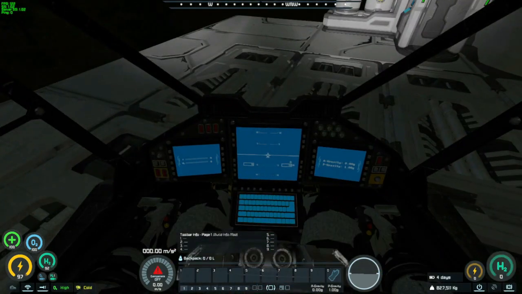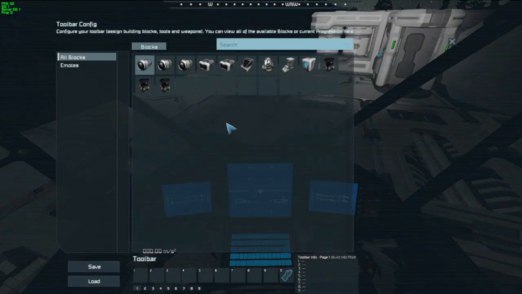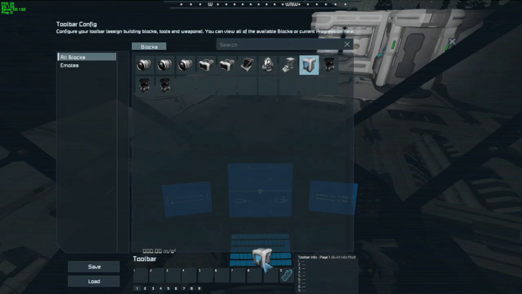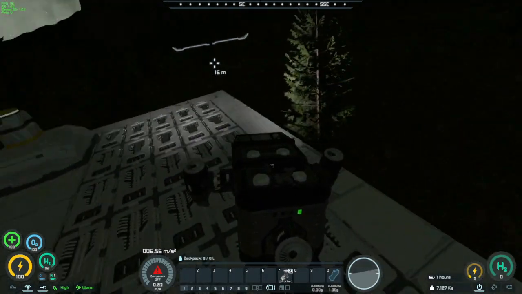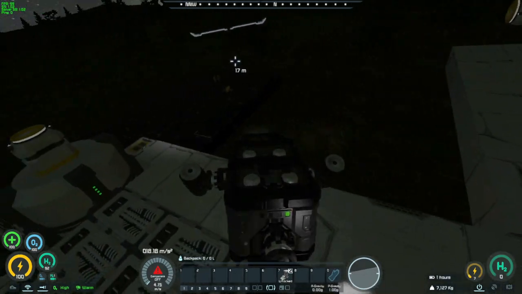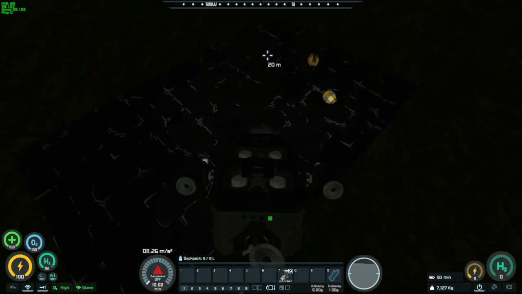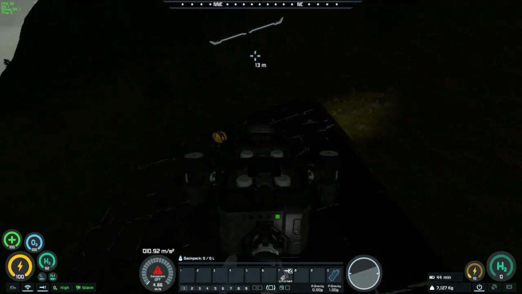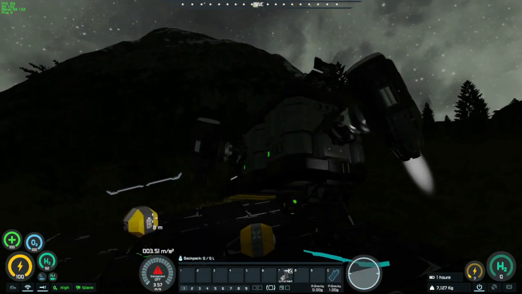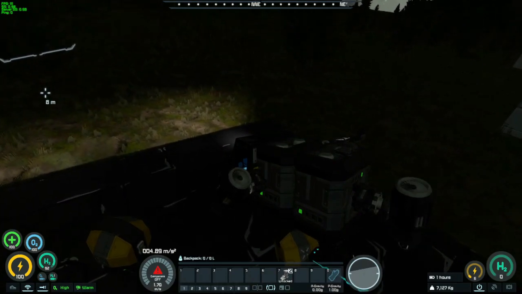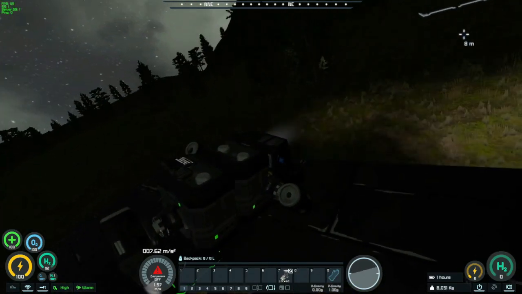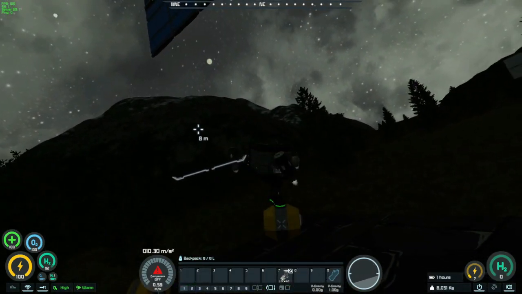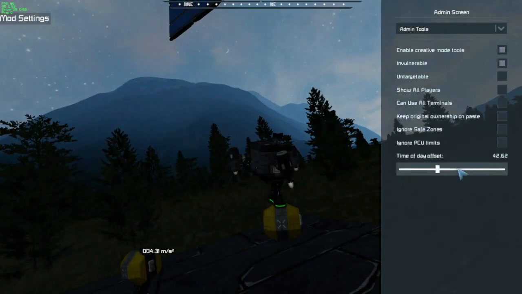We can now hop on, go to our toolbar config, select the landing gear and switch lock, and we can now go around like this. With the landing gear we can lift up things like this. You can see here I'm lifting. I'm going to put it to daytime,